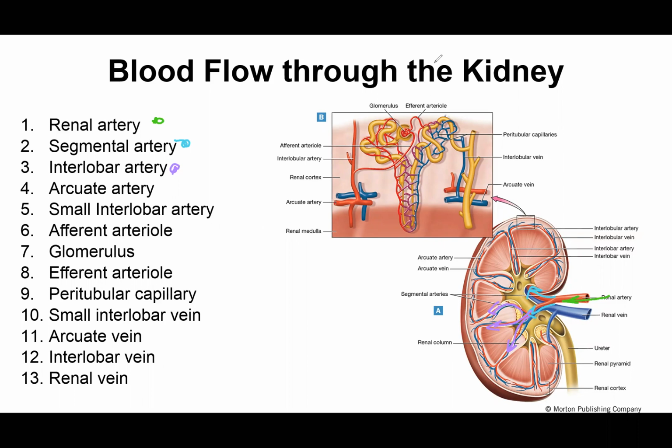For all intents and purposes, because the image has this section zoomed in, I'm going to go through this just like it would be up here. Just note that these vessels are actually passing underneath of this renal pelvis, and that's where it's branching. Okay, so going back here, then this segmental artery would branch